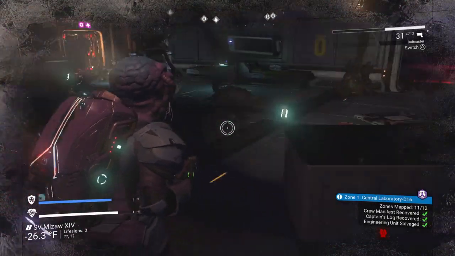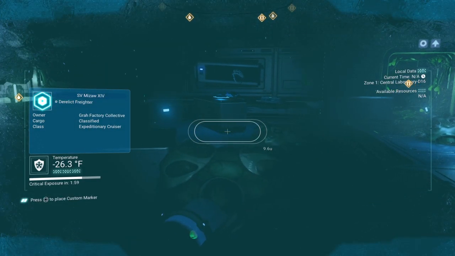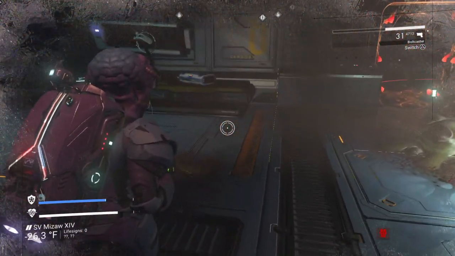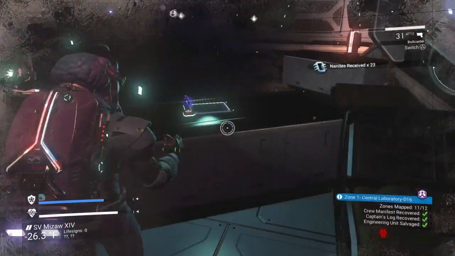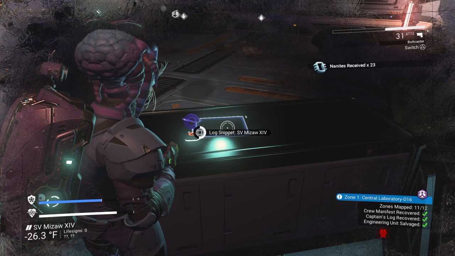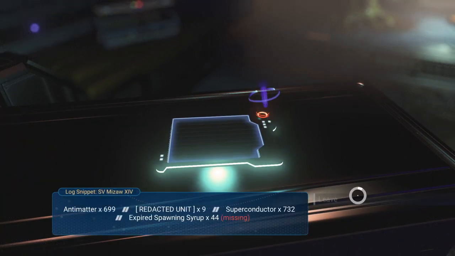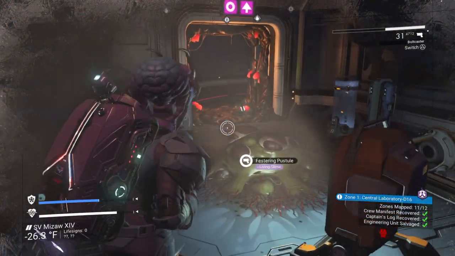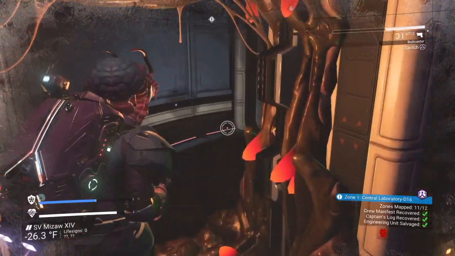Okay, I'm gonna run around real quick, see if I can find the last zone that I'm missing. Is there a data pad that I missed? Thought I got everything in here. Looks like some of these caches may have reset. It doesn't say I previously read this one. I'm gonna skip through this though. Dang. I really want to finish this freighter, but I can't seem to find the last...